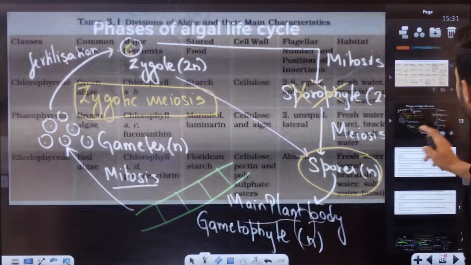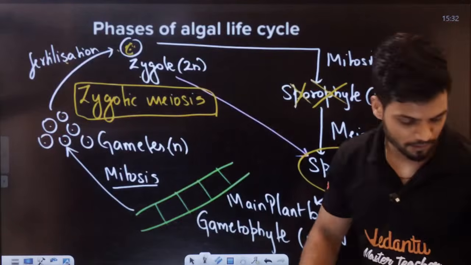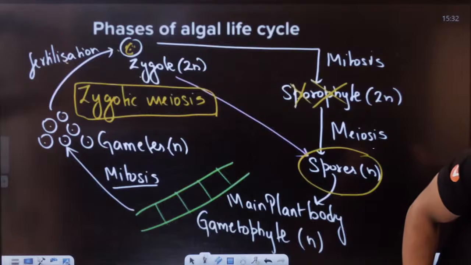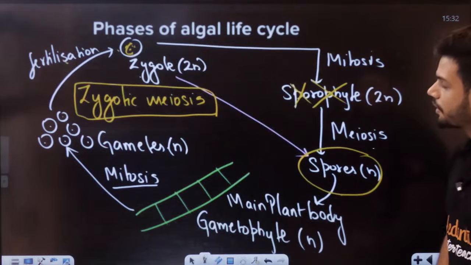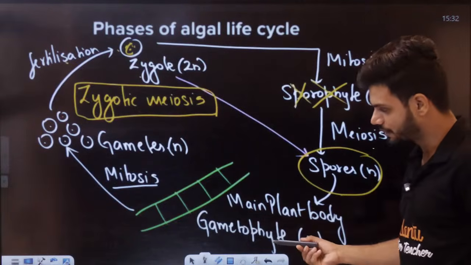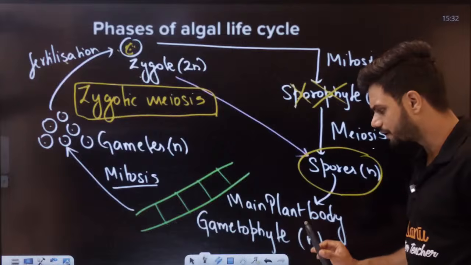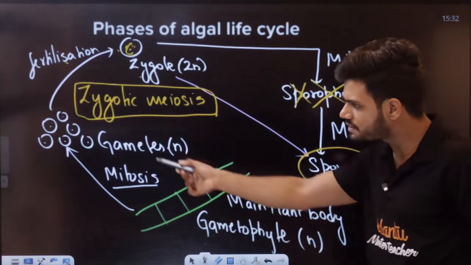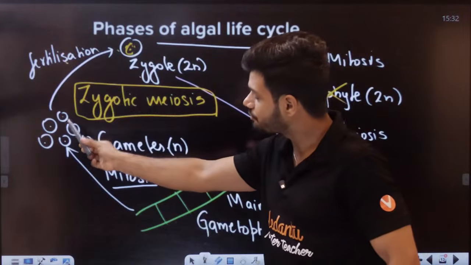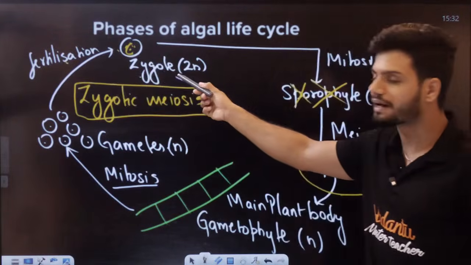ठीक है नाउ स्टूडेंट्स, दिस इज द लाइफ साइकिल ऑफ योर एल्गे, एंटायर लाइफ साइकिल। तो एल्गे में क्या होता है पता है? एल्गे का मेन प्लांट बॉडी है गेमेटोफाइट। गेमेटोफाइट विल ऑलवेज प्रोड्यूस गैमेट्स बाय माइटोसिस। ये गैमेट्स फर्टिलाइज होने के बाद जाइगोट बनाते हैं।